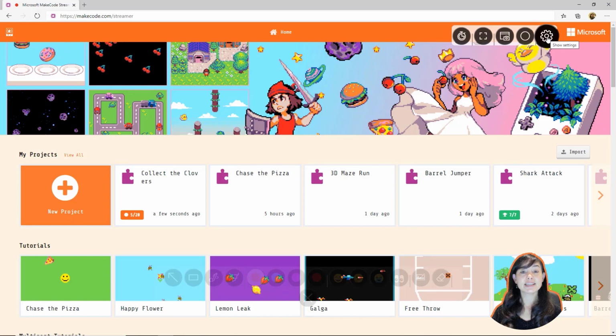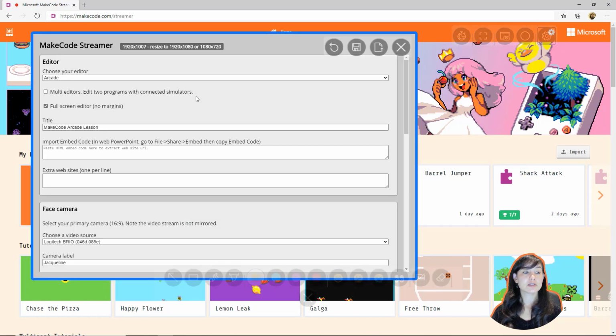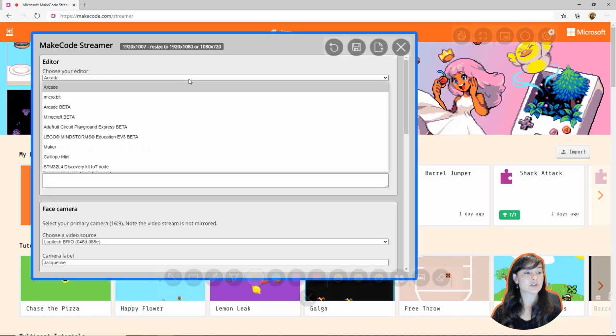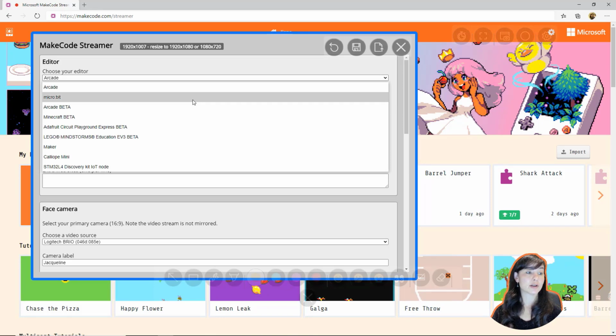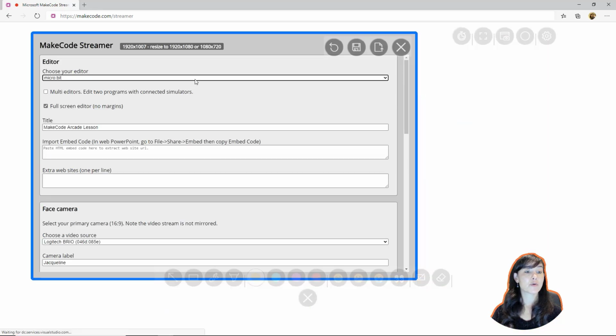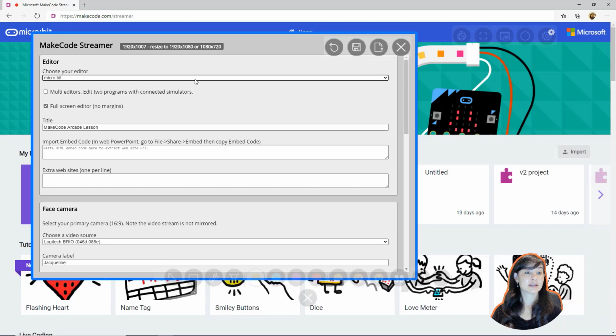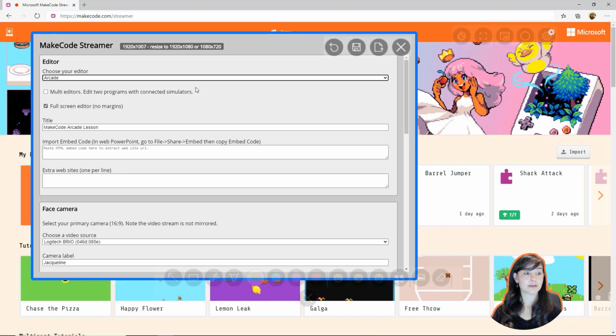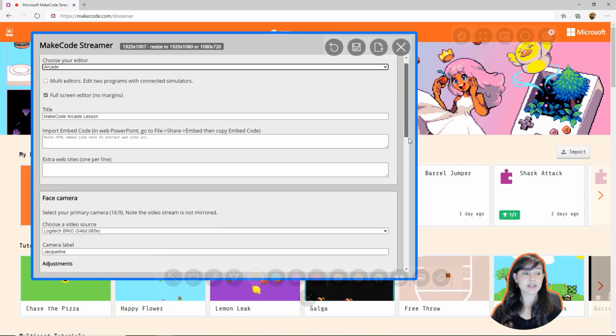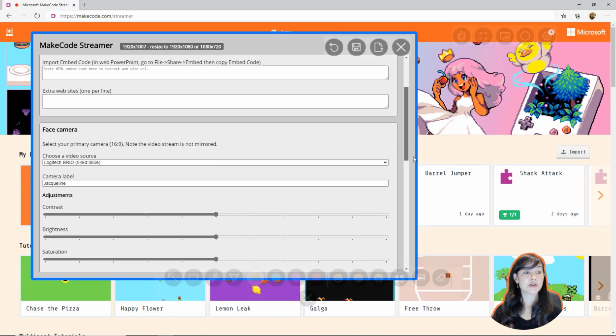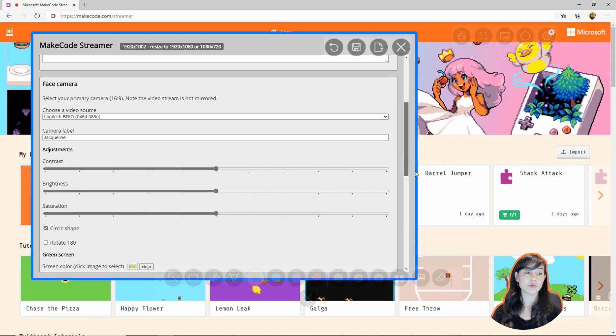If you click on the Settings menu, you'll see you can select whichever MakeCode editor you want to use for your lesson. So in this case, I'm going to go through MakeCode Arcade as a demonstration. You can give your lesson a title. You can also paste other website URLs in here, as well as specify which camera you want to use for